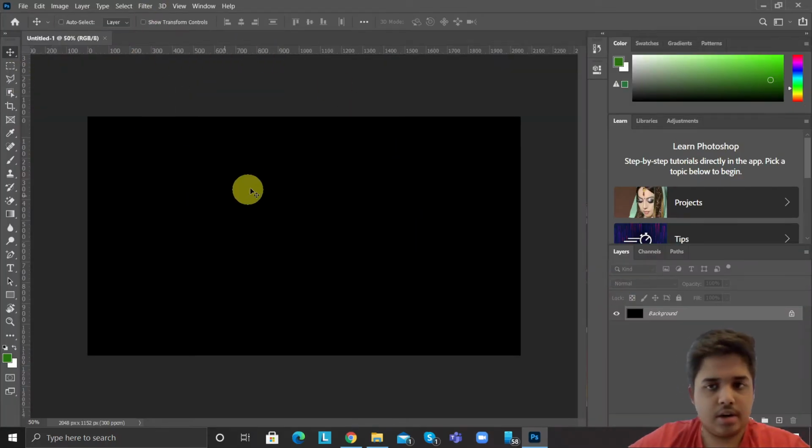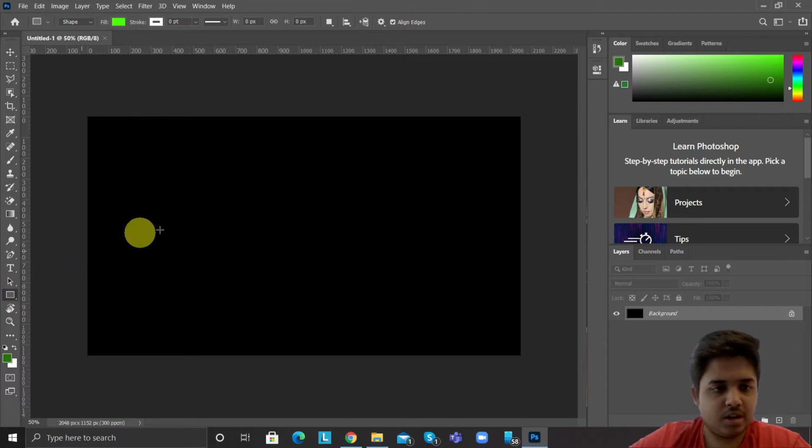So our project is open. This is a blank project. Our first step is making a rectangle. So we'll select the rectangle tool and